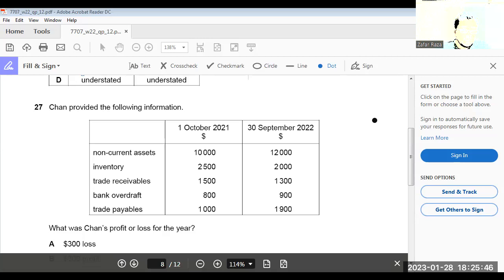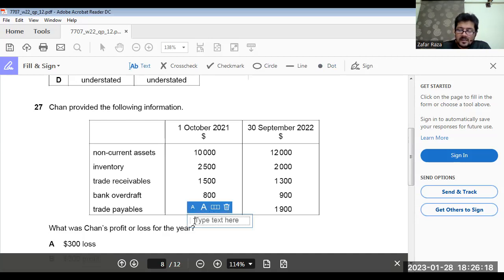12,000 plus 2,000 plus 30. Sorry, what am I doing. 10,000 plus 2,500 plus 1,500 minus 1,800. 12,200 is the capital at start. Okay. So we'll write it over here. Capital at start, 12,200. Now here, if we write capital at end, 12,000